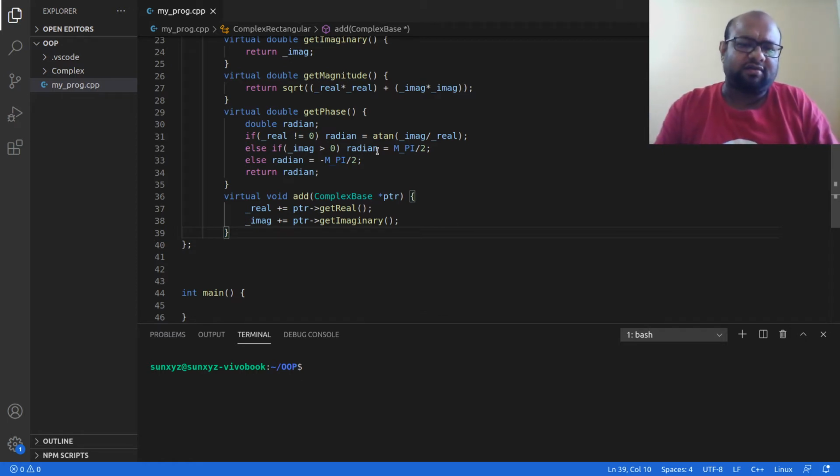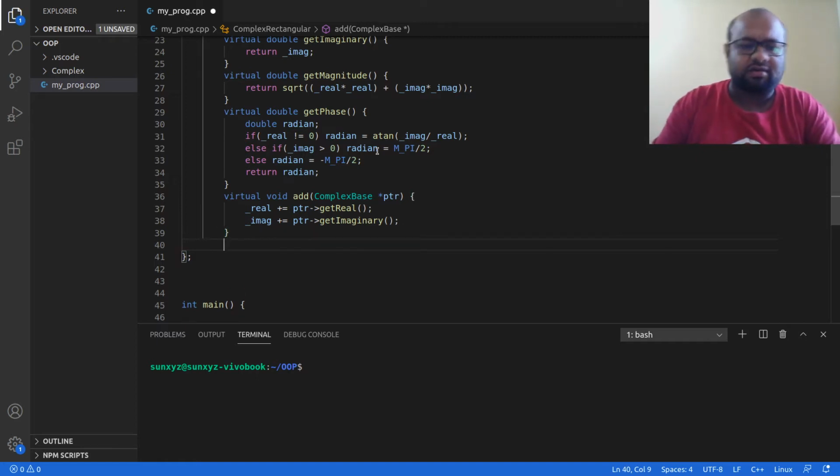In previous generation computers, writing plus equal instead of real equal to real plus something would have resulted in faster object code, but now we don't need to worry about that. The compiler is very efficient and will handle all of those things. Right now, this is a synthetic advantage.